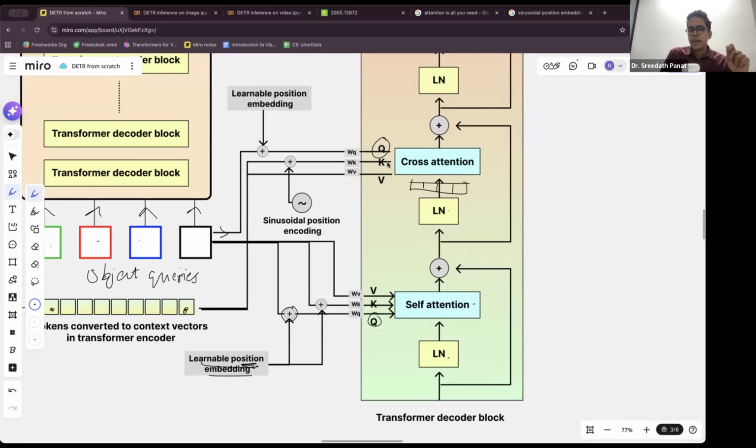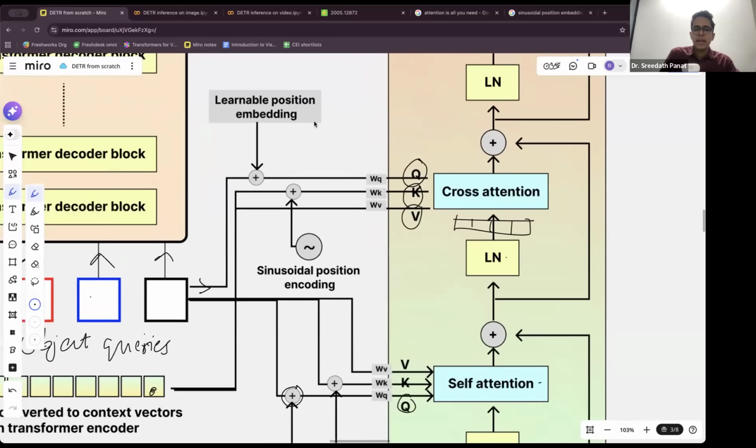In the same query key value space, you will need key and value, so that you can take the dot product between query and key. And this key is originating from your context vector corresponding to the encoder output. Value is also originating from the same. However, please note that since the query is coming from